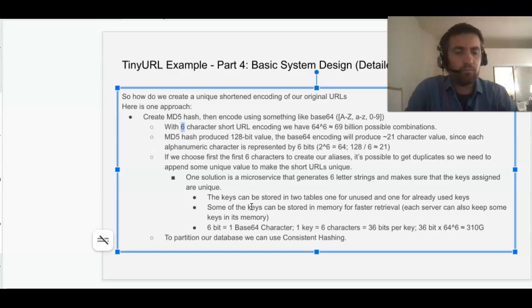So when we select these 6 characters out of the 128-bit string, we need to think about how that will be done. So this talks about some of the options. So we choose the first 6 characters to create our alias. It's possible that we'll have some duplicates. So what's the solution? The solution is, again, I guess,